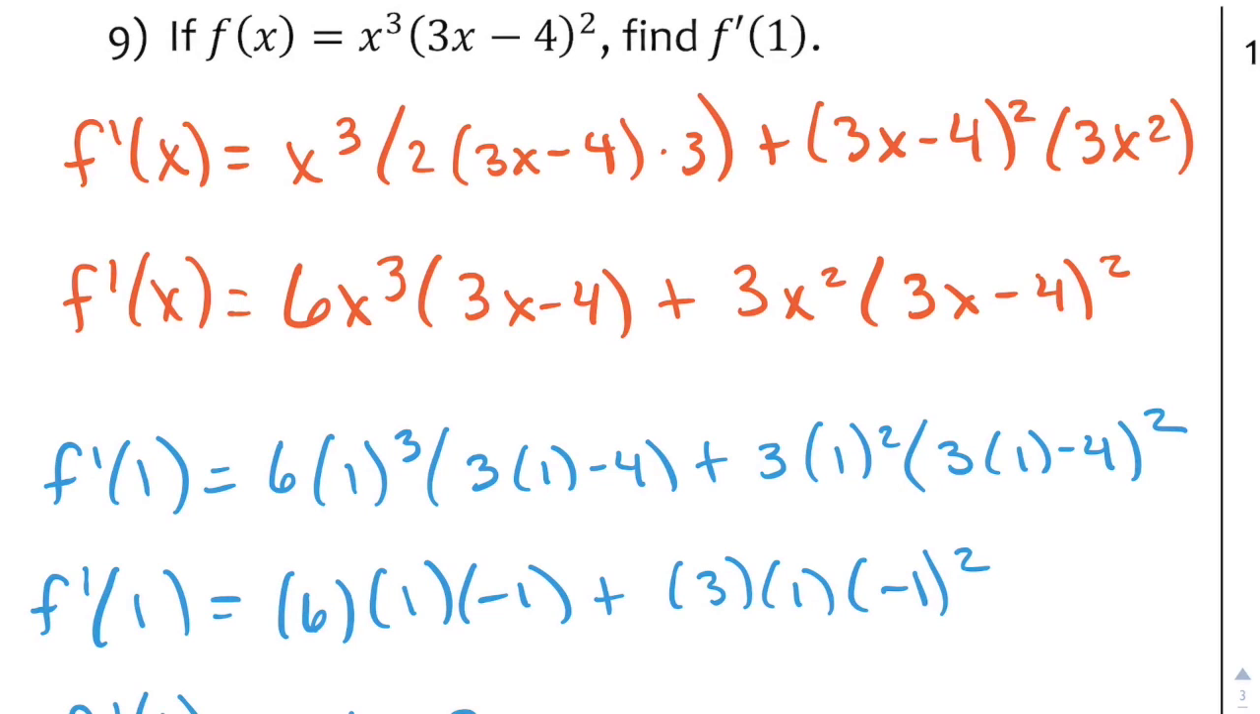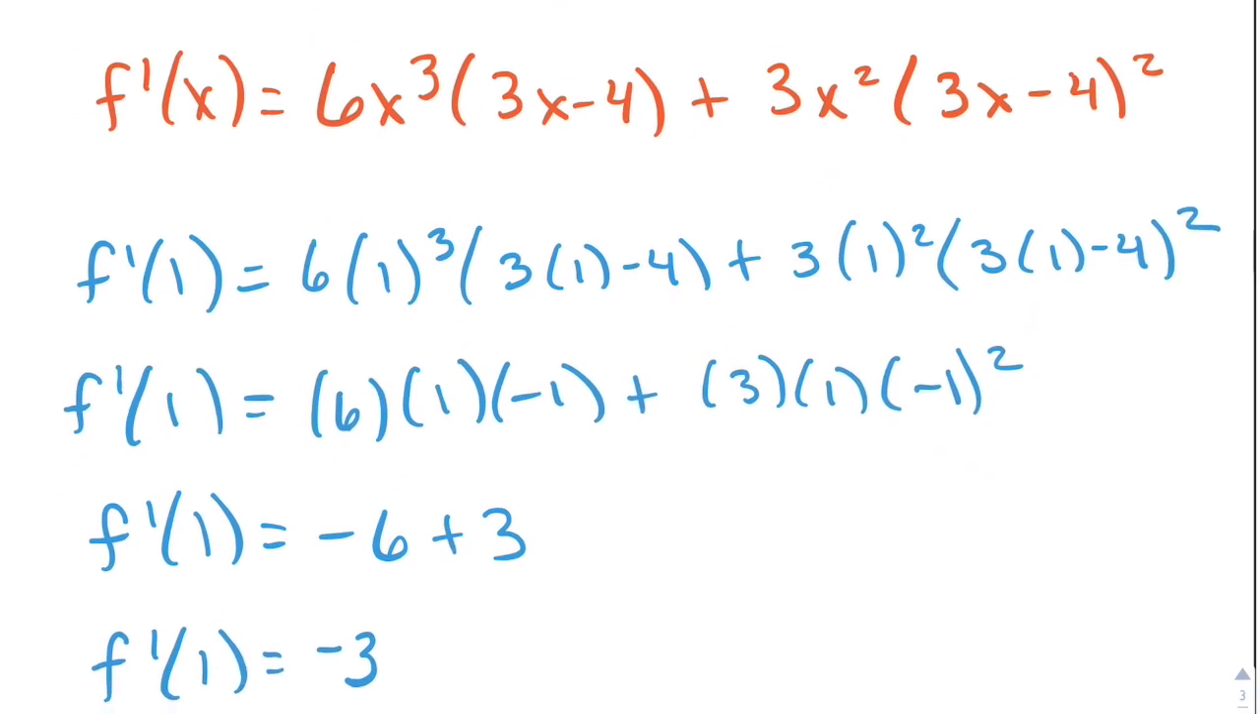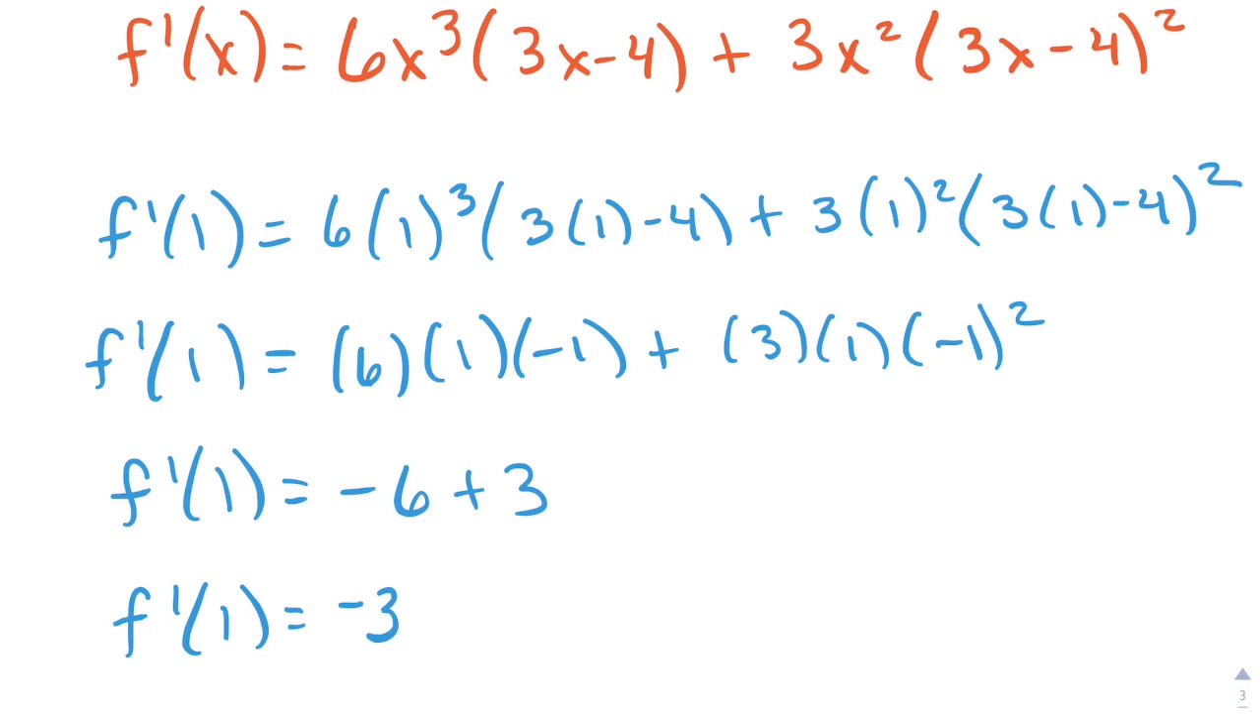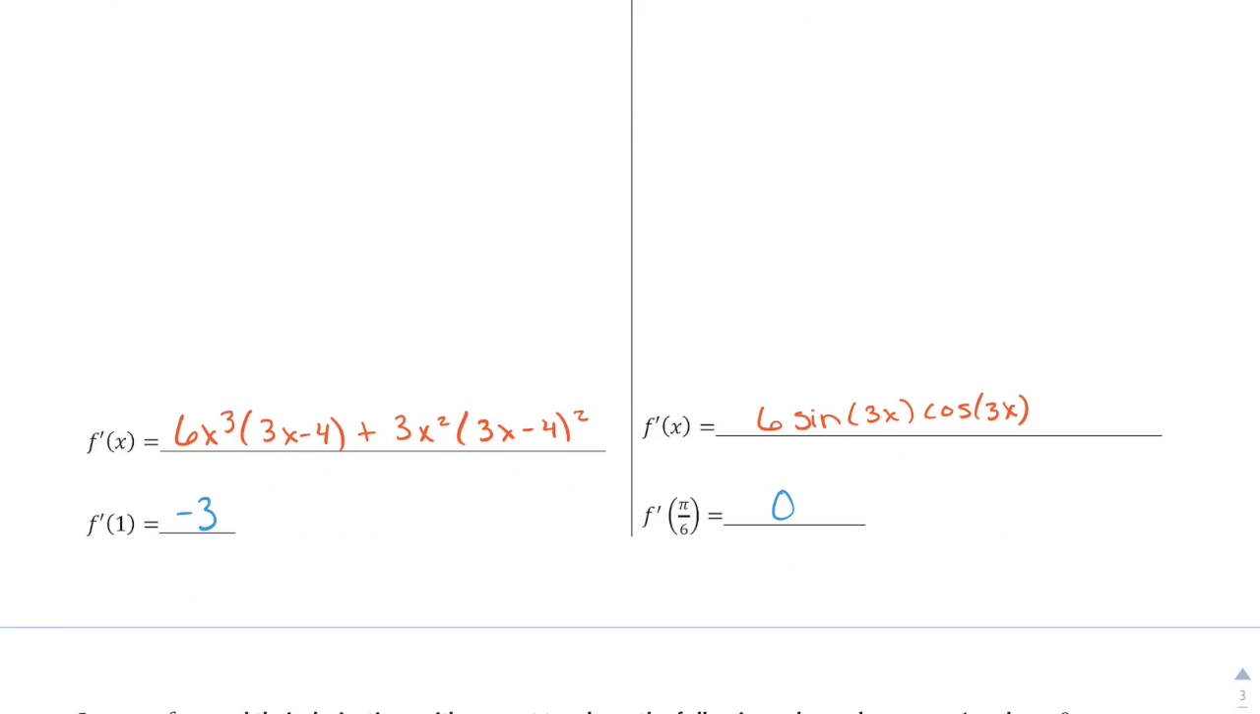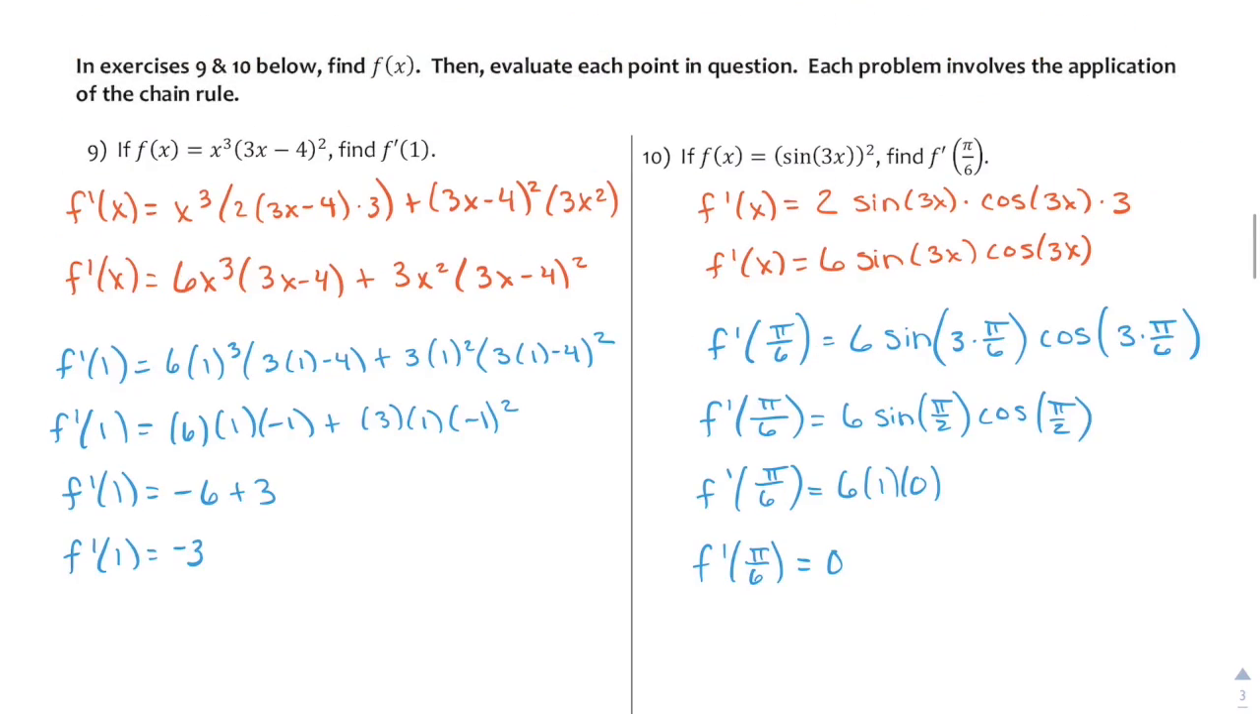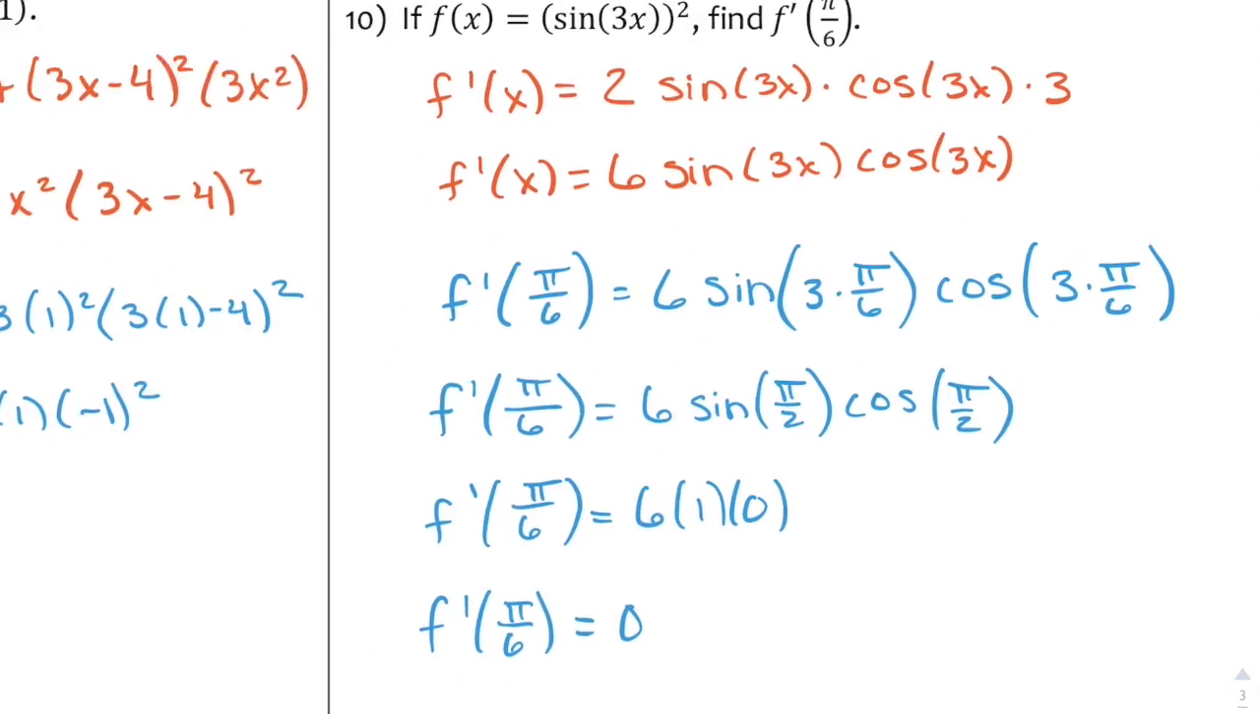But we do have to evaluate it at 1. So I'm going to evaluate the derivative at 1. And you can follow my algebra, but we get -3 as a result. That means the slope at that location 1 is -3. And I think I just rewrote them at the bottom. Yep. Okay, the second one, we have